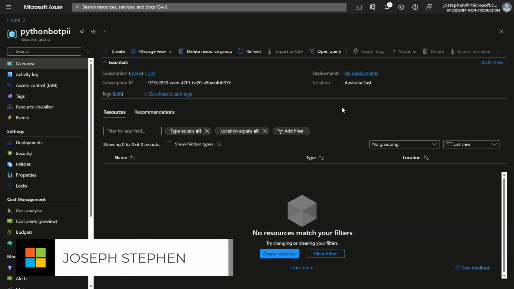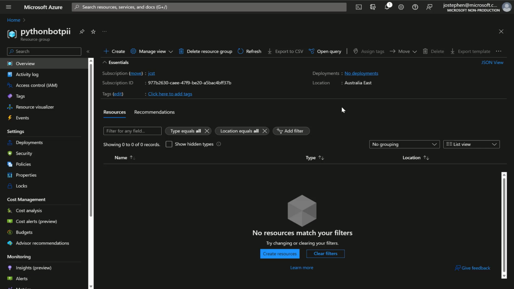Now that we've created our resource group, let's go ahead and create some resources. Now, there are multiple ways to develop and publish resources into Microsoft Azure. Two, namely, is the Azure portal. So just as we did with the resource group, by clicking the buttons through the GUI experience that's offered to you,